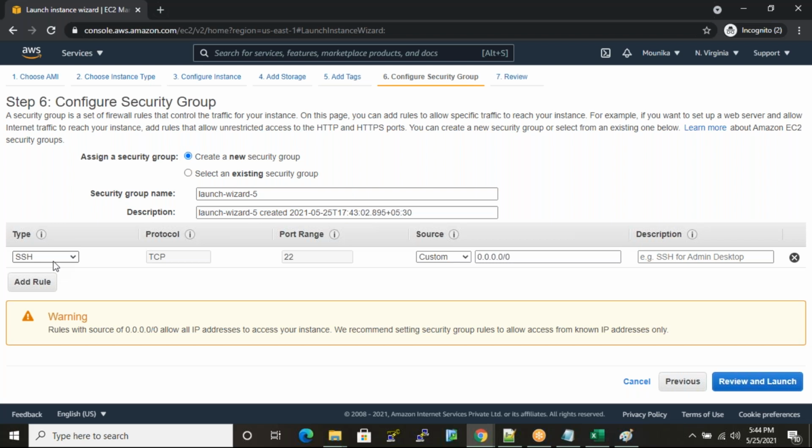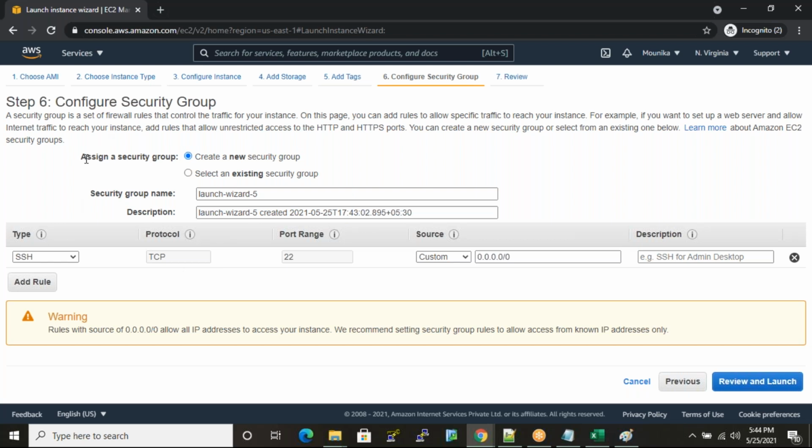SSH is the default security group for all Linux related operating systems. Each and every security group will work on TCP/IP protocols, which is nothing but 7 layers. Each security group maintains its own port number. The SSH security group port is 22. Then the Windows security port is, I think, 3306 or 3309. So this is the default security group for Linux.